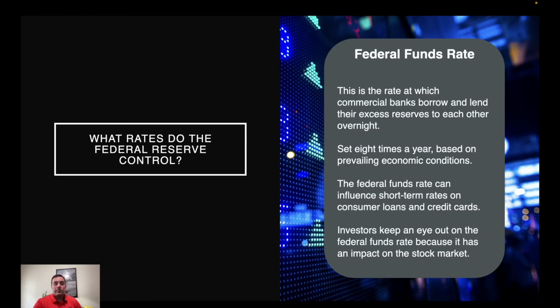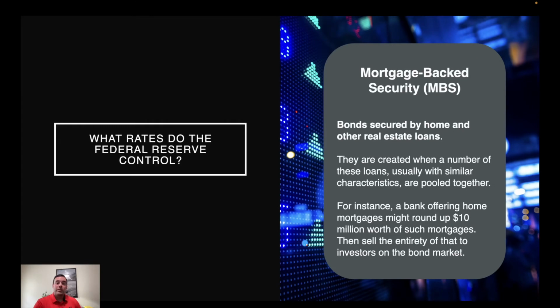This is the rate that the Federal Reserve uses to control the economy in the short run. If they make it really expensive to buy something on credit, then people are generally disincentivized to buy things on credit. That's why the Federal Reserve raised the federal funds rate, to try to cool off the economy in the short run. Now, in the long run, one thing that the Federal Reserve does is buy bonds, specifically